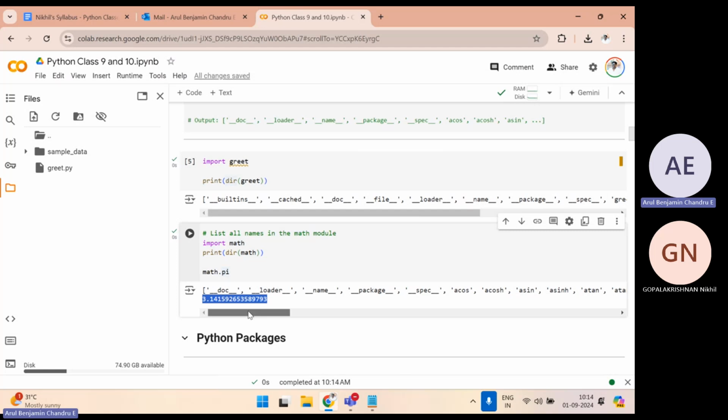See, in this directory also you can see this. They have declared this value. With this you can figure out what exactly this value is. You can use math.pi anywhere whenever you want the pi value,